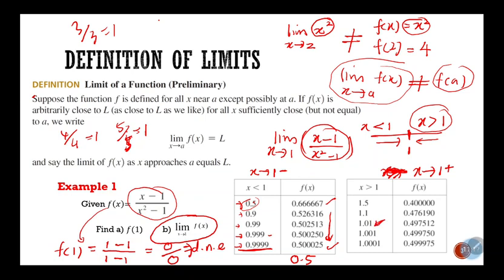Okay, 1.01 here. Then you get 1.01 minus 1 over 1.01 square minus 1. Then you get this value 0.497512. And then closer again to 1, for example here 1.0001. Okay, put in here. Then you get closer to